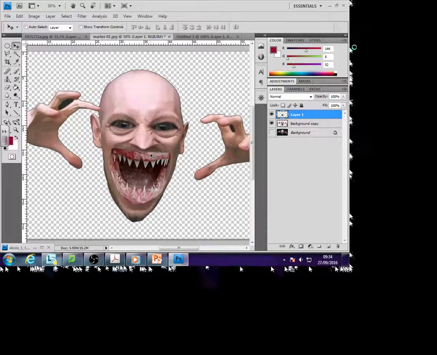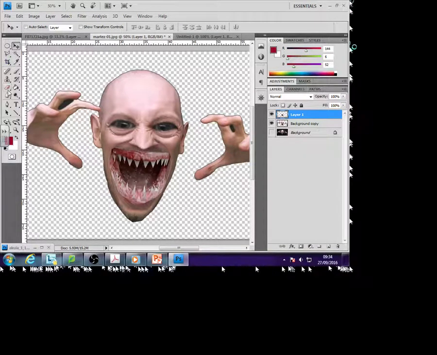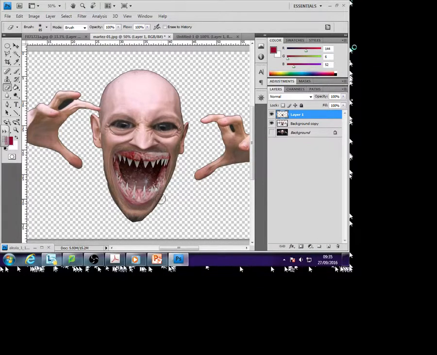So if you zoom in, now that you've pasted that, we need to get rid of and clean up a little bit this mouth here. So you'll need to use this eraser tool and ever so slightly round the edges, so you can start seeing his lips underneath really, because we need to make these teeth look like they're sitting in his mouth. So if we go around these edges here, start cleaning it up,